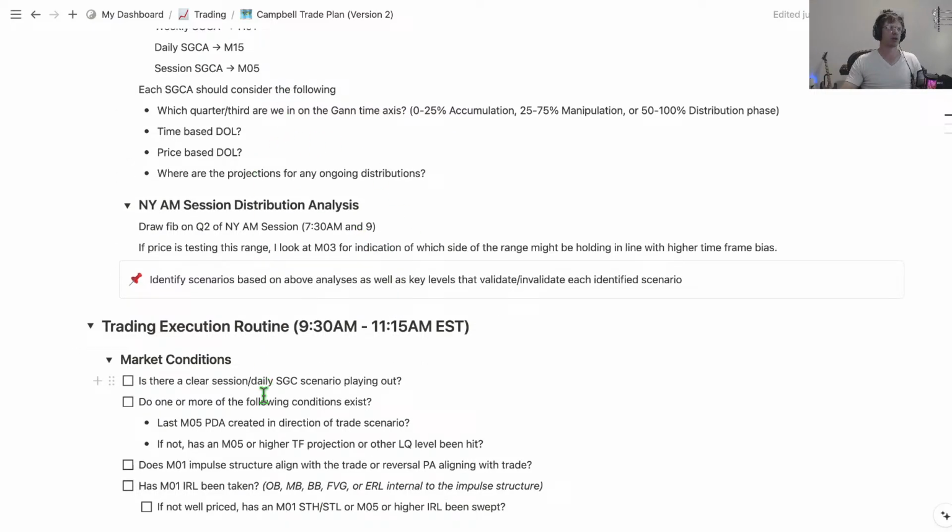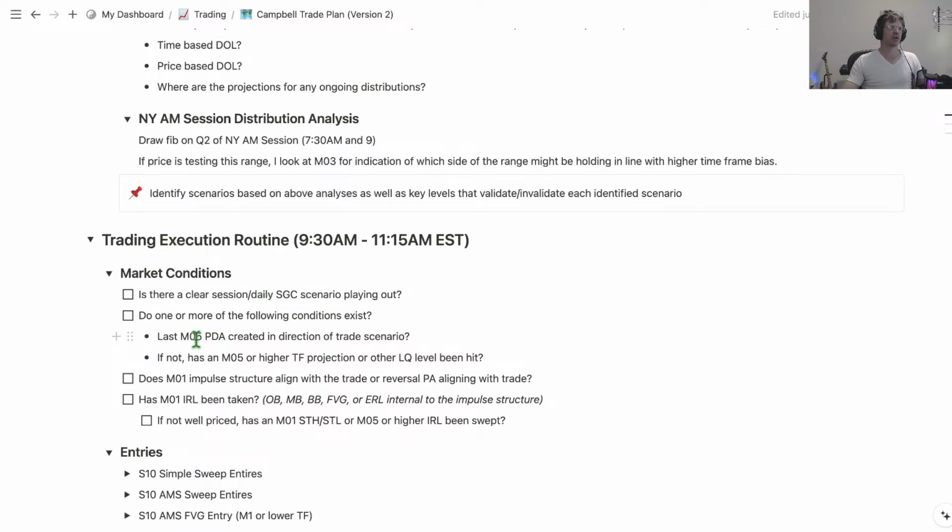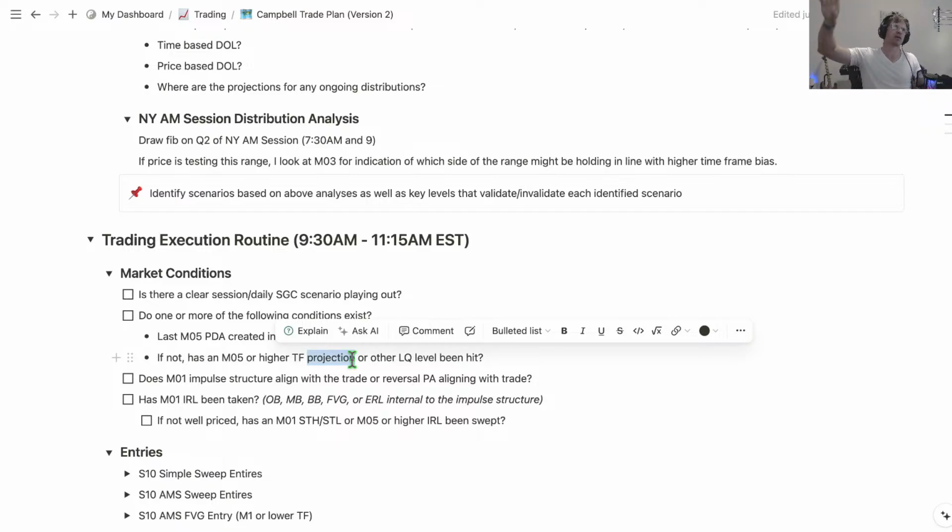And so that's something I need to work on. So anyway, the market condition is that the scenario is playing out and then it has not finished playing out, right? Or it hasn't hit one of the targets. And then if it is playing out, I want to see sort of my M5 confirming it. And what that typically means is that I've either hit a projection on the M5 as part of the retrace, and then I'm playing the continuation on the H1, or M5 has already sort of done that, and